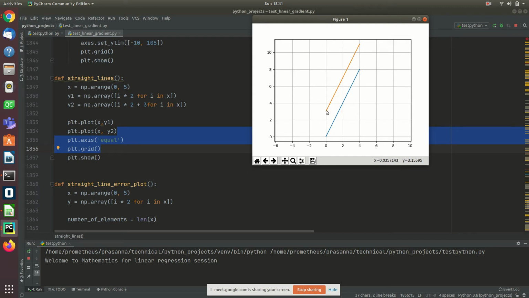I ask you the next question. Is it sufficient to have only m, the slope, to draw a straight line? Yes or no? I just give you m, just a slope. No, okay? Why? We need a constant also, because if the x variable is 0, what will be the y variable?